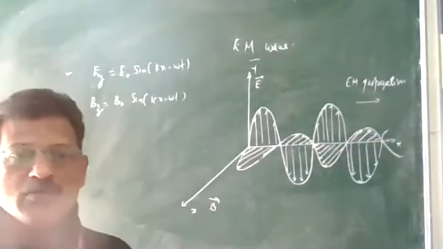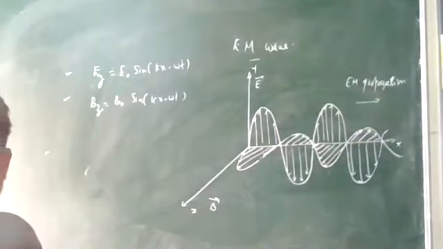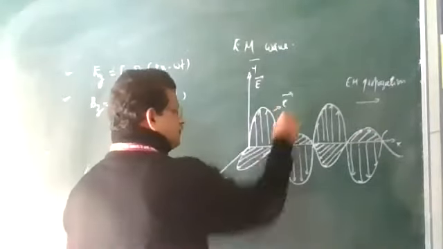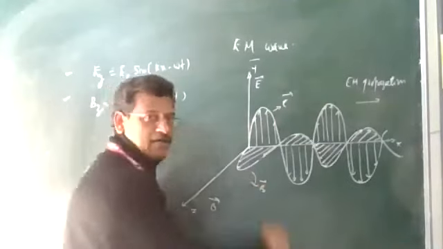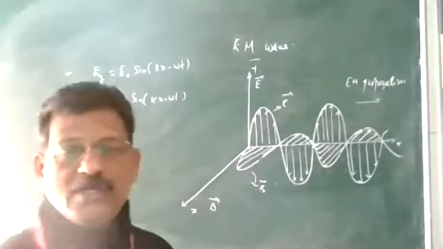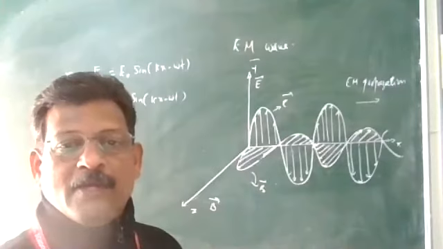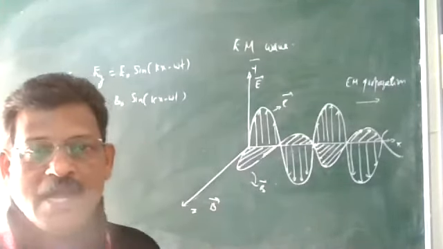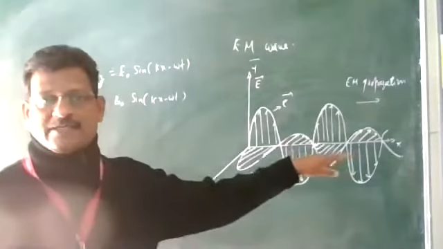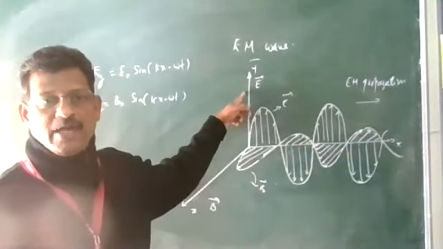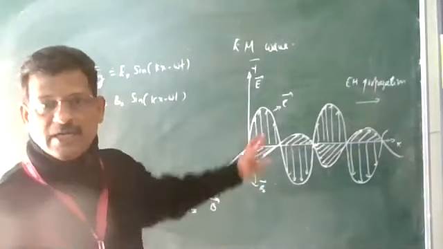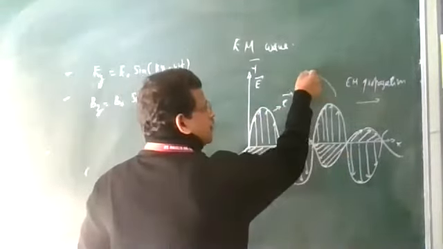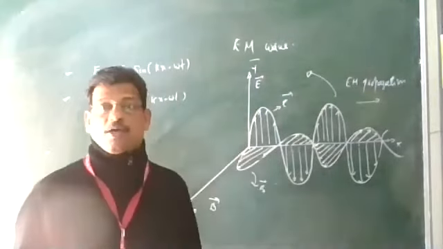In the representation of the electromagnetic wave, E vector and B vector are perpendicular to each other. So this is the E vector and this stands for B. They are perpendicular to each other and perpendicular to the direction of propagation. The order will be like this, you have to remember. If EM propagation is along the x-axis, the electric field will be along the y-axis and the magnetic field will be along the z-axis. You can rotate the locations in the anti-clockwise direction. These locations are very important.